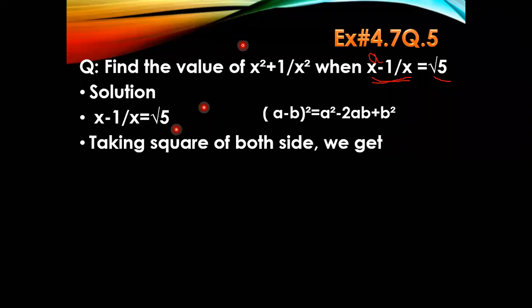What we will get here, simply we will get this one, x minus 1 upon x whole square is equal to under root 5. अभी जो आपके पास right hand side है, इसका भी हम क्या ले लेंगे, square ले लेंगे. Okay, now as you can see here, we have only one term, that is a. Okay, no b here, so we are not going to apply the formula on the right hand side.